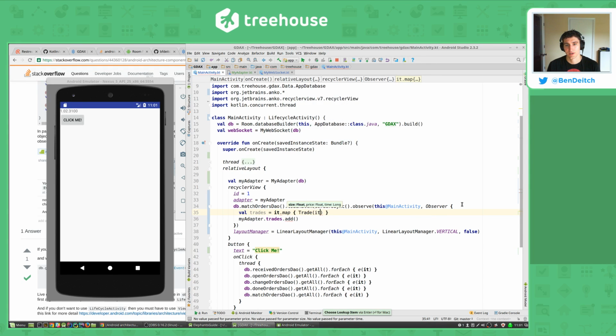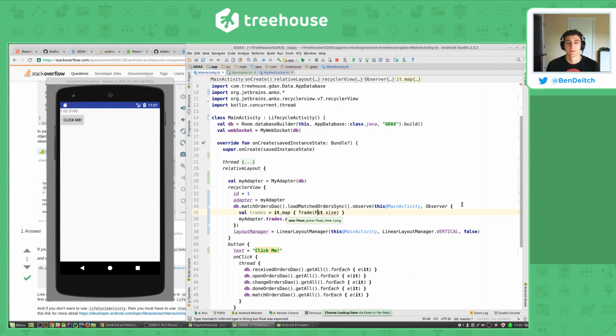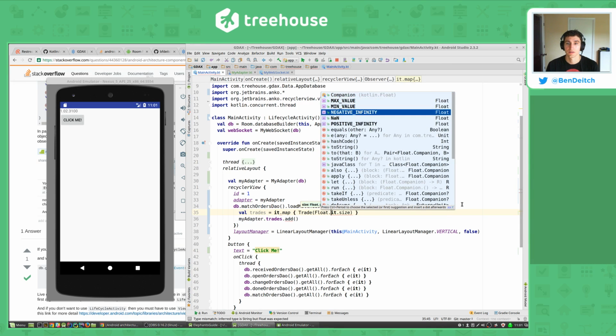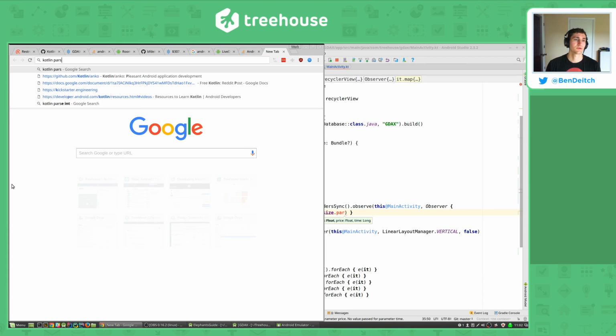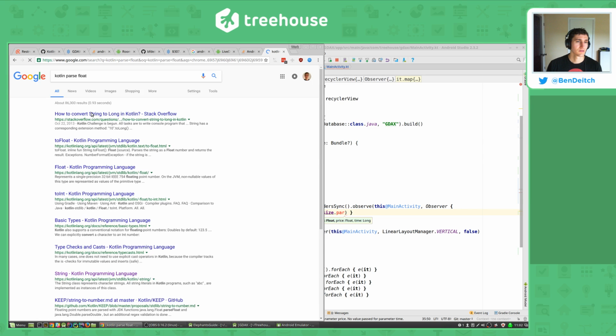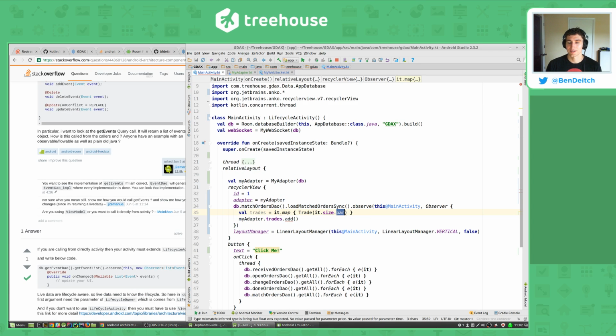It, which is now matchOrder.size, float.parse string? What is it to get a string to a float? Kotlin parse float. Or long. That works. toLong. And it's always something really, really nice and simple that I haven't thought of. Okay, so toFloat. Then we need to